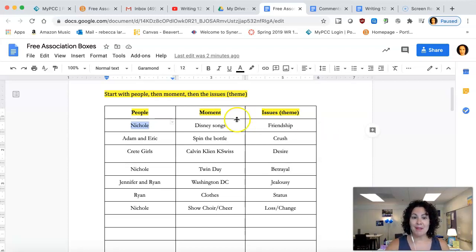Sometimes we would play with our neighborhood friends. So this is Adam and Eric. Adam was my next door neighbor. He is this blonde boy with a North Carolina blue jacket. I vividly remember this. Eric was his best friend who lived around the corner, and that's who Nicole kind of had a crush on. And I remember us playing Spin the Bottle one day.